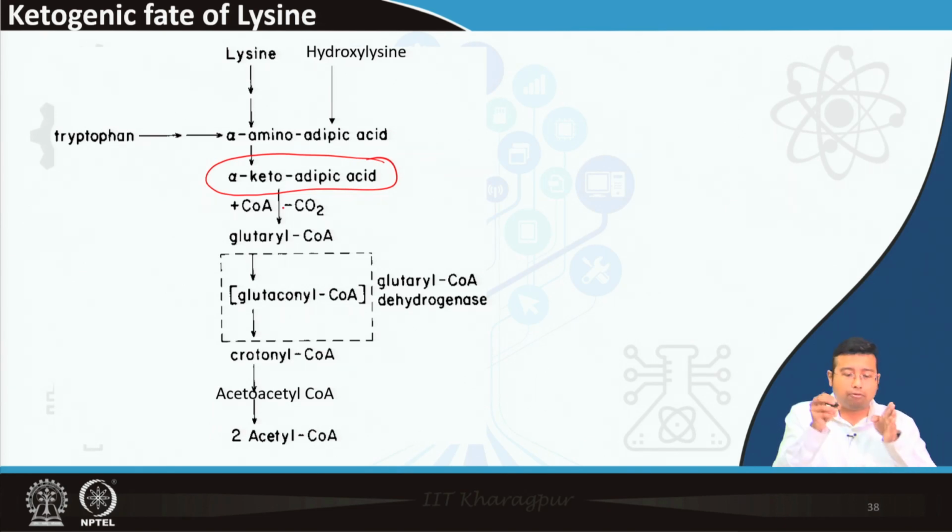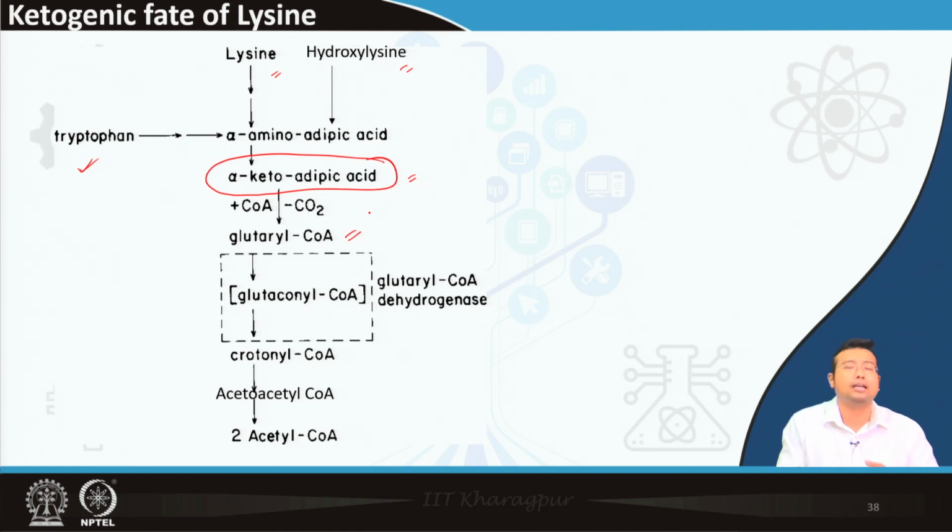So, whenever we remember alpha keto adipic acid, which you have also learned when you were being taught about tryptophan metabolism, right, because the fate of tryptophan also lies in the same pathway. So, lysine and hydroxylysine actually form alpha amino adipic acid, which is then transaminated to form alpha keto adipic acid. It loses one carbon dioxide by a decarboxylase enzyme to form glutaryl CoA, and once we get glutaryl CoA, there are three